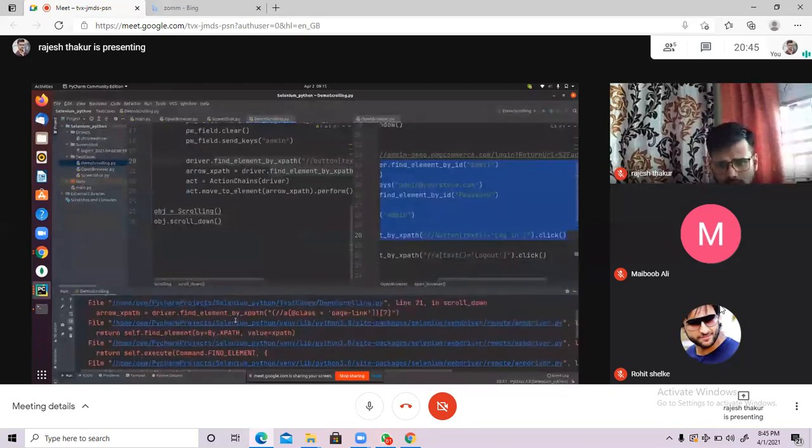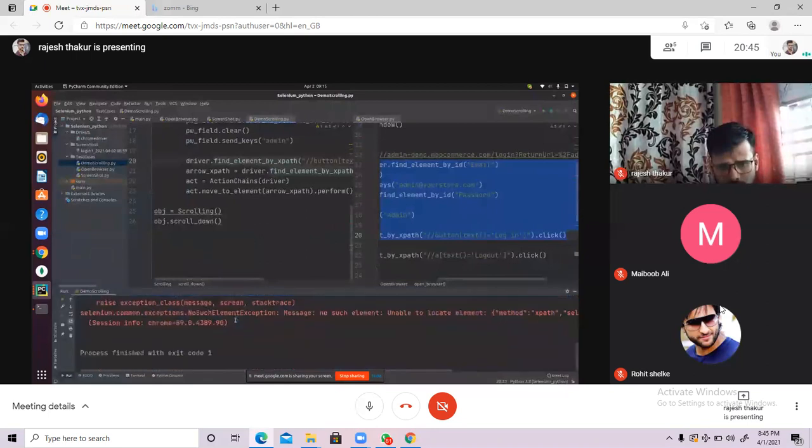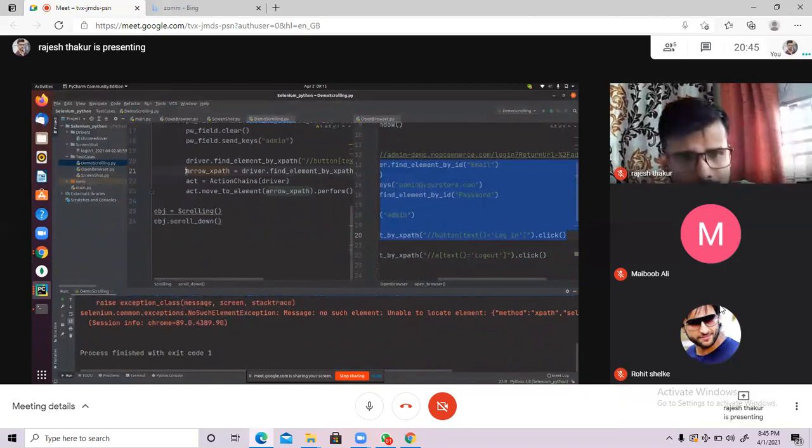Again, it is saying no such element found. There is a JavaScript concept also. We can try to do that.